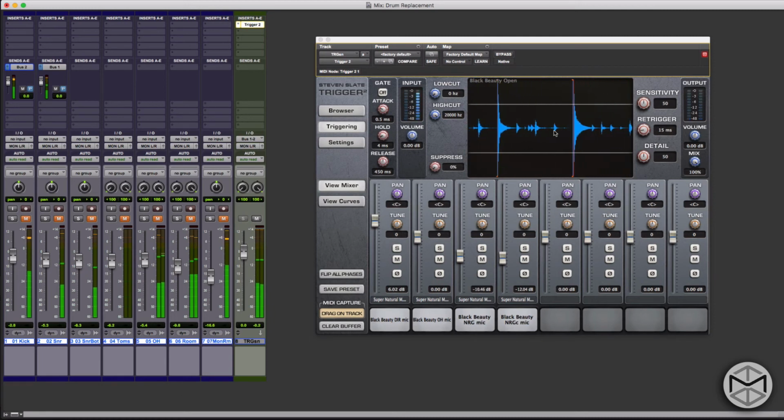You see all these little blue hits? The louder ones, those are probably our kick drum. As a matter of fact, if I play the kick,